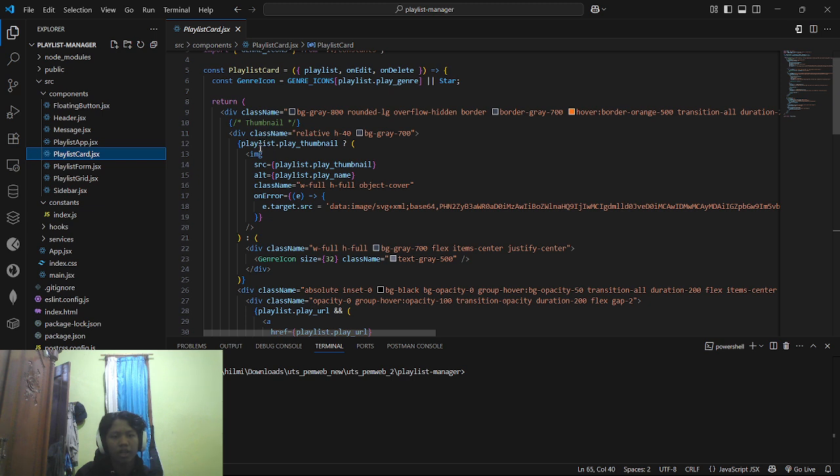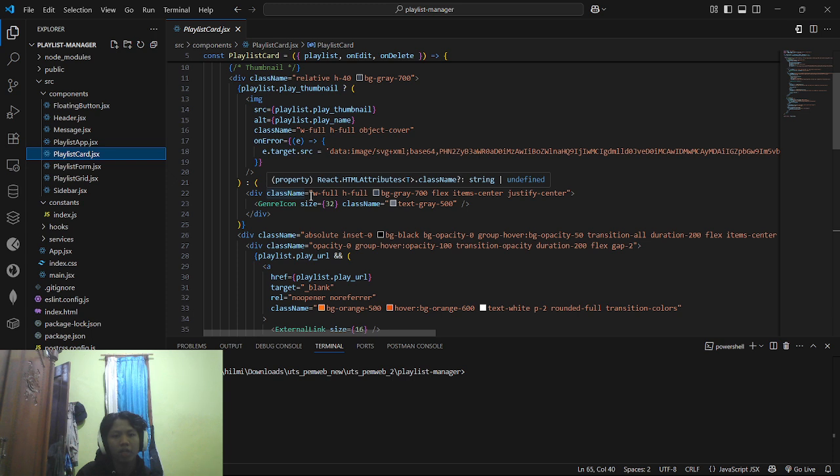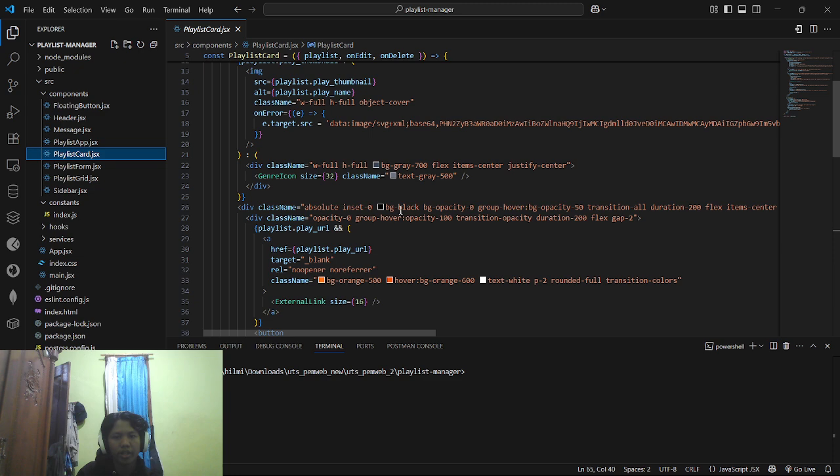If there is any thumbnail, it will appear here, and then if there is any error, an SVG image will appear, and then if there is no thumbnail image, the genre icon will appear in the center, and then the style will be gray.